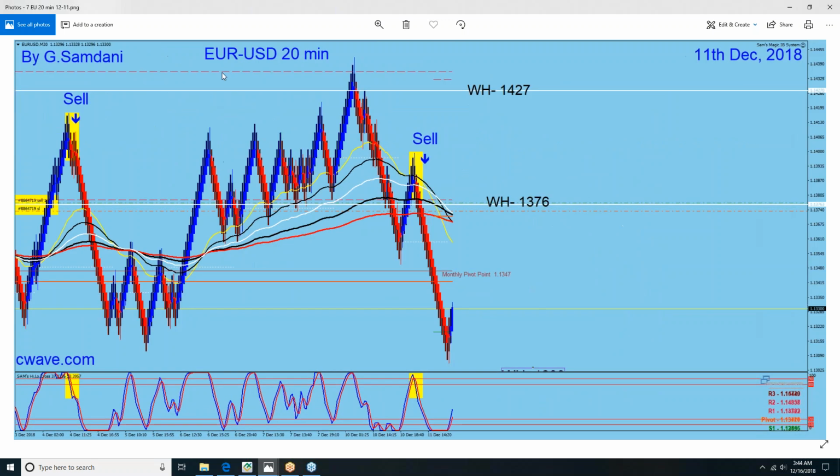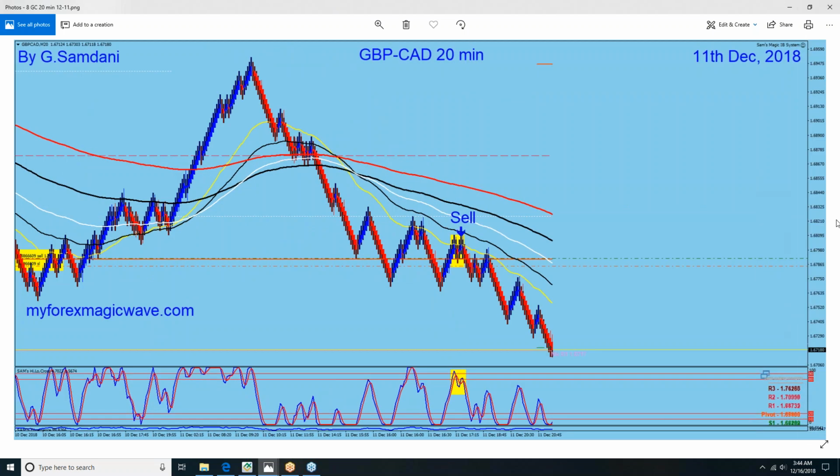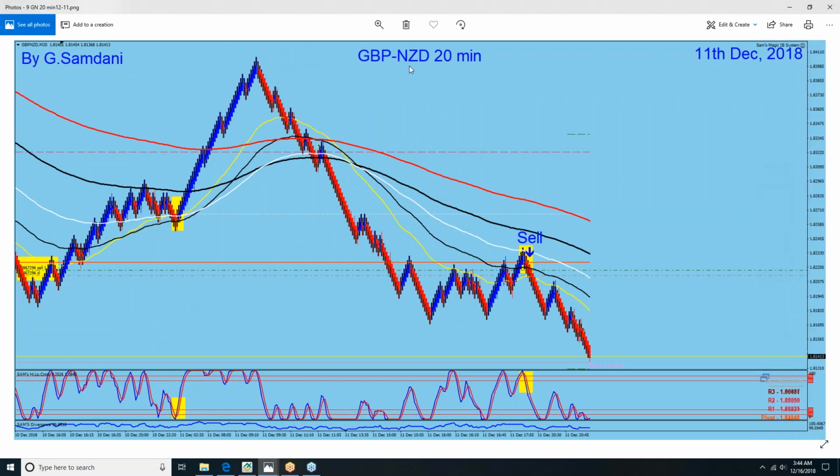Another one on the 11th was Euro USD. This one was a short here, and then this is another one I have coming. Pound CAD short here. Pound Newsy, this was the long I just showed you, right? And then it dropped. I missed again, not missed, but I didn't take it. You can only do so much. And then I took this one,